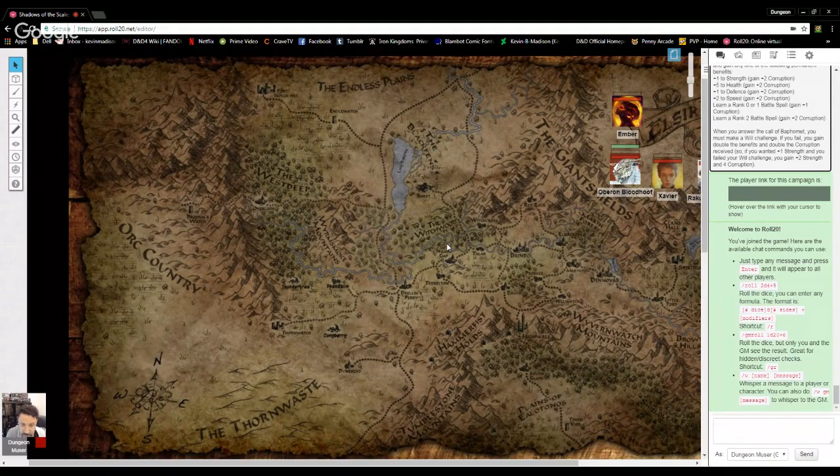The next thing, so they were hearing about this partly through people they were meeting on the road, partly through different things they were seeing along the way as well. One other tidbit of history they learned about was the attack of the Red Horde, or the Horde of the Red Hand, which was about 20 years ago, or 20 years prior to the campaign.